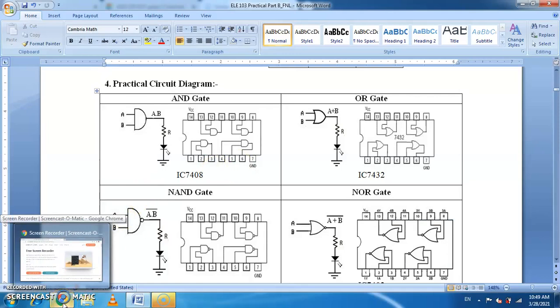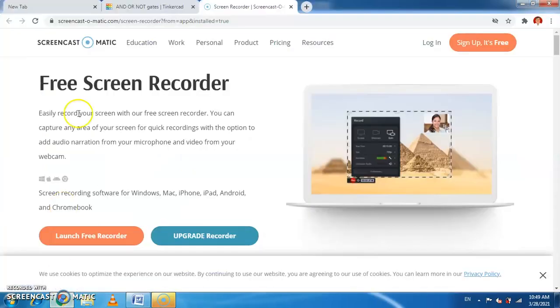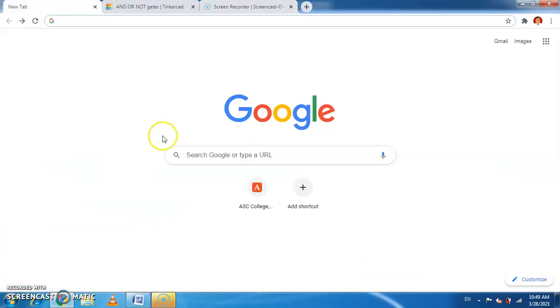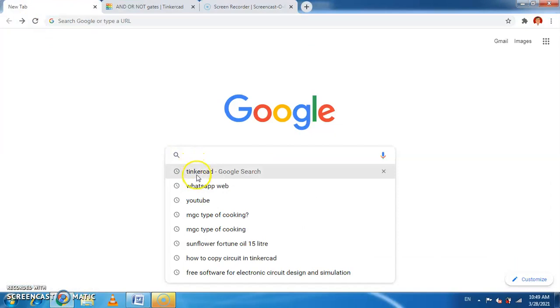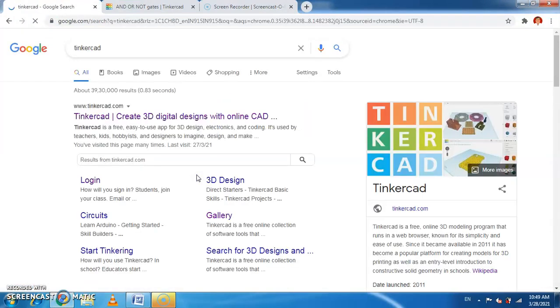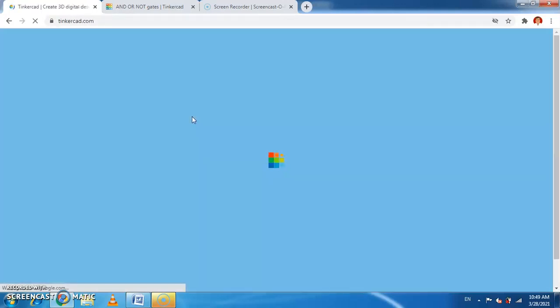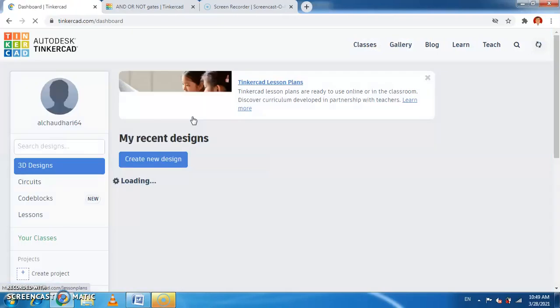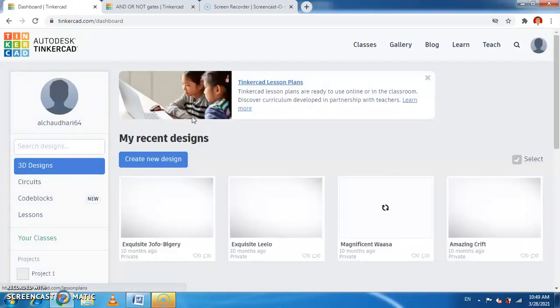We just go to Google and type Tinkercad. So we will get this Tinkercad. Let us click here. Initially it will ask you to register, but I already have an account here, therefore it will directly load.